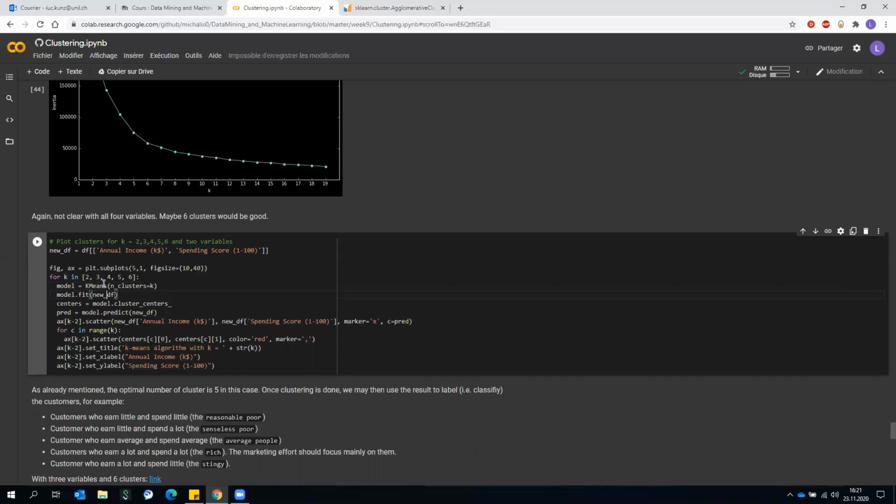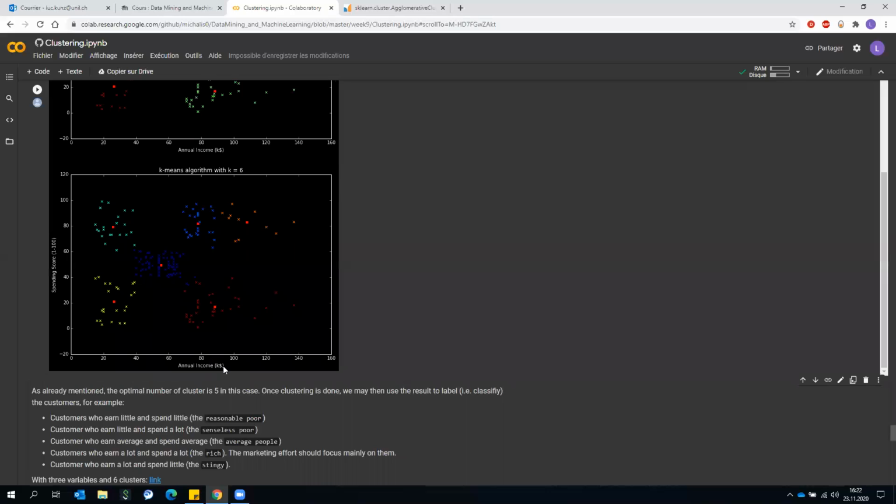Then we fit on the new df. Then we get the centers. We predict to have the colors here. And then we plot this, plot the centers and set the titles and labels of the axes. And if I run this,